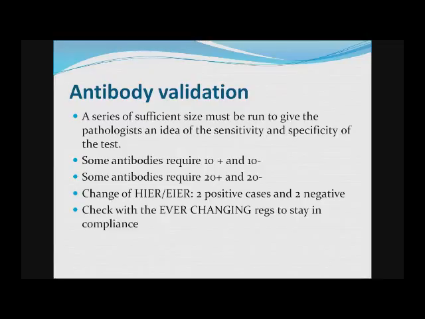So you're looking at 40 slides. Some antibodies require 20 positive and 20 negative. This is, let's see, 80 slides. If you change the enzyme or the epitope retrieval in any way, you have to stain 2 positive and 2 negative cases. Now, if you are CAP certified or CLIA certified, you want to check with their regulations every year